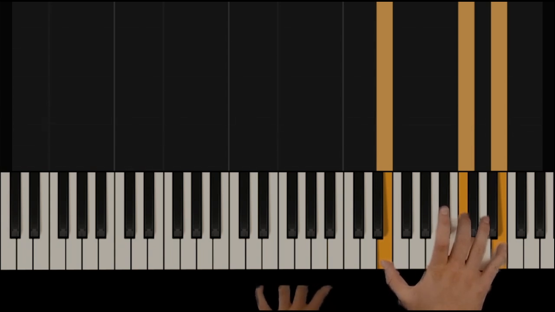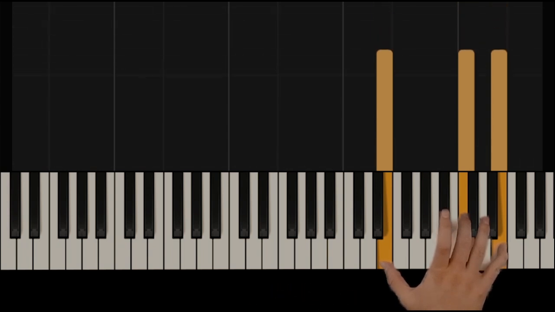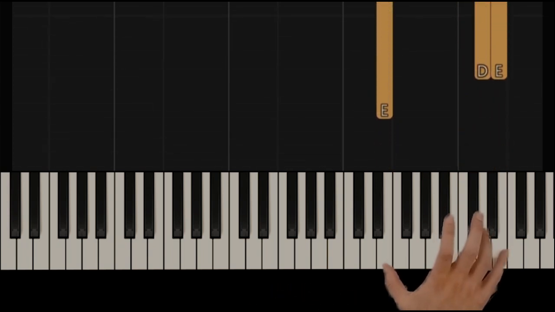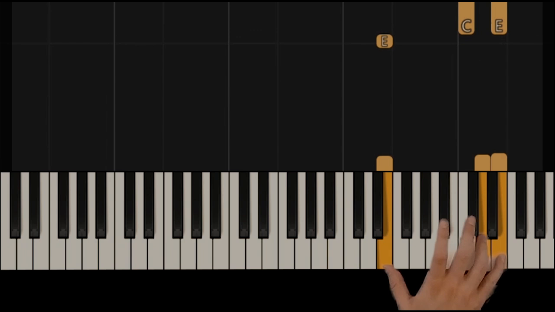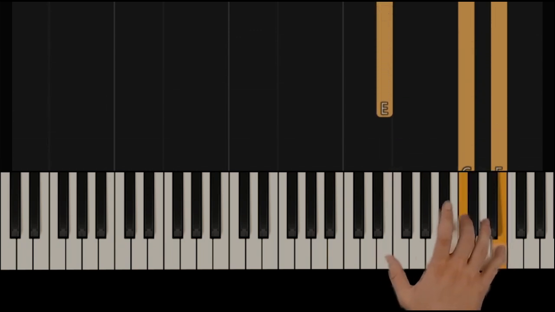All right, so that's 1, 3, and 5. And the only thing you have to know about the right hand is that it's either this or this. 1, 4, and 5. It just kind of alternates between the two. So the first bar is,